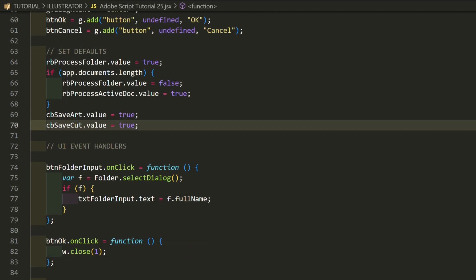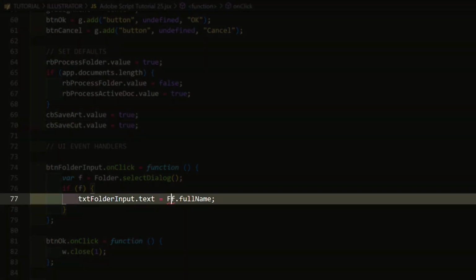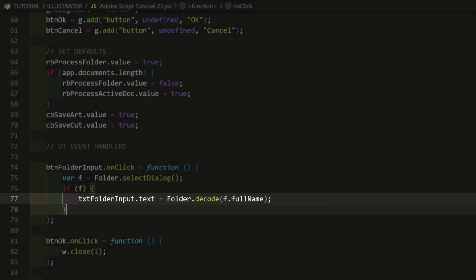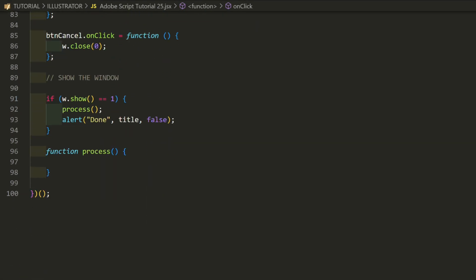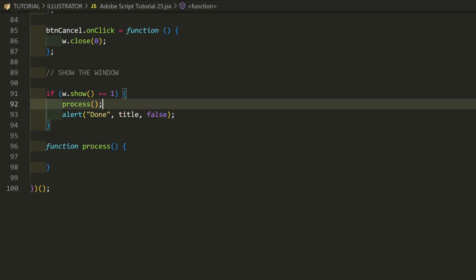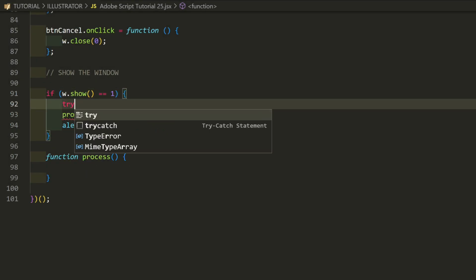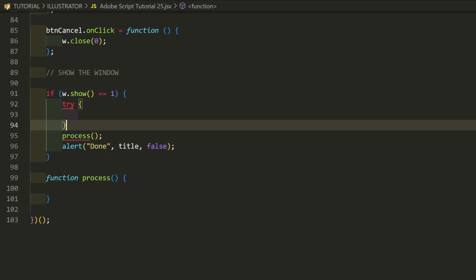One other detail I want to change here is add the folder method decode. That way, the folder path shows spaces instead of %20. Now to where the script executes. Let's add a try and catch block in case of errors. Try, catch E for error.